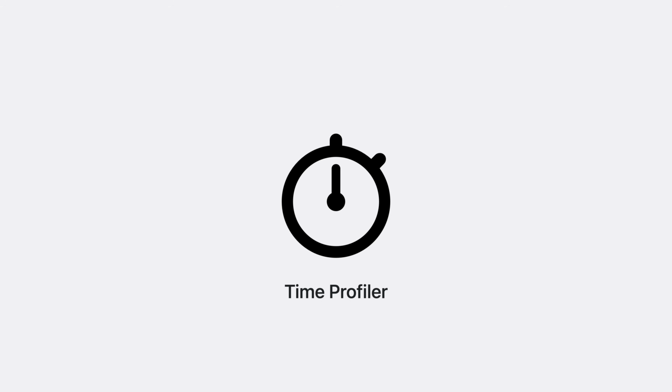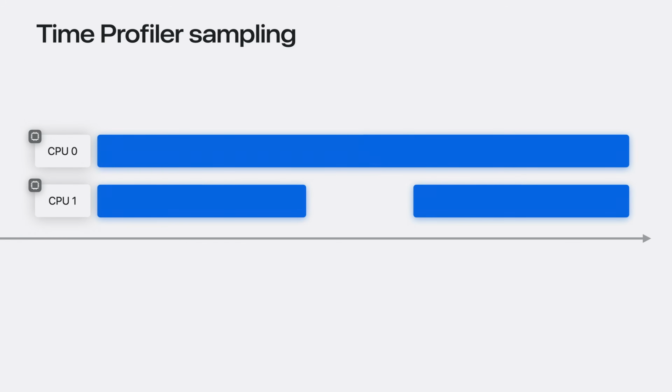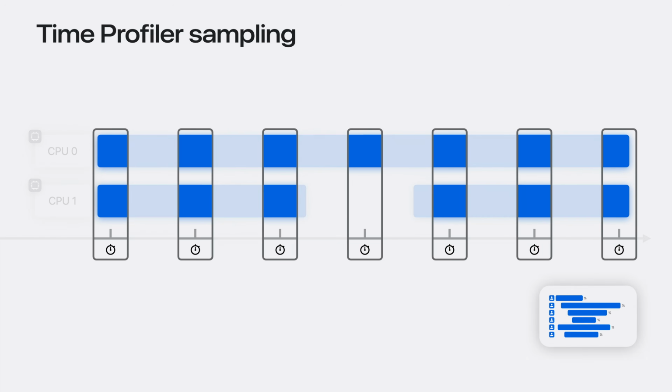The classic time profiler instrument periodically samples what's running on the system's CPUs based on a timer. In this example, we have some work happening on 2 CPUs. At each sample point, time profiler captures the user space call stacks of each thread running on the CPU. Instruments can then visualize those samples as a call tree or flame graph in its detail view to give an approximation of what code is important to optimize for CPU performance. This is helpful for analyzing how work is distributed over time or which threads are active at the same time,